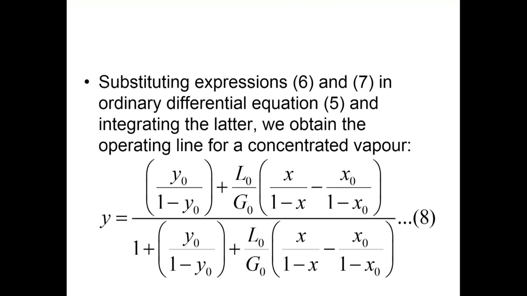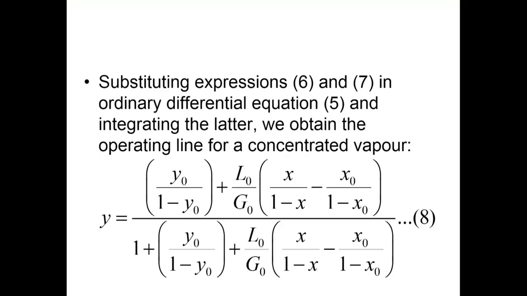So, we will have y equal to y0 plus L0 by G0 times (x minus x0), and then the whole thing is negligible compared to 1, and that is exactly the operating line for the dilute vapor case. But please remember that this by its very nature is a nonlinear function. So, if we were to plot y versus x in the concentrated vapor case,